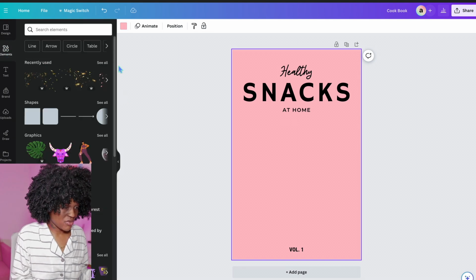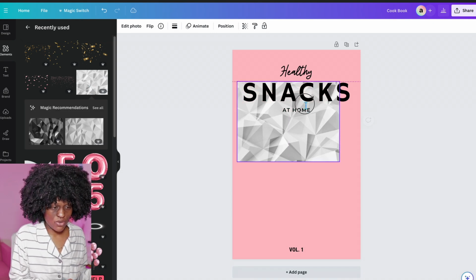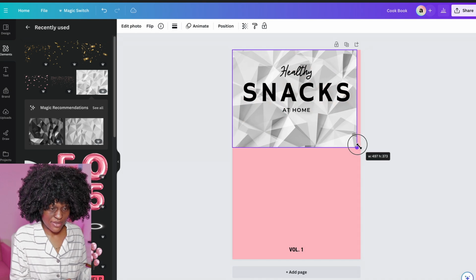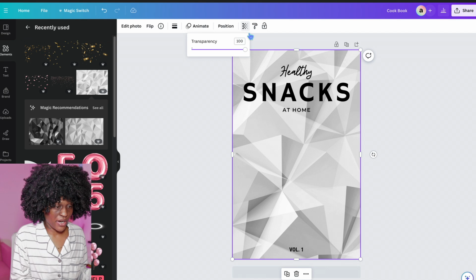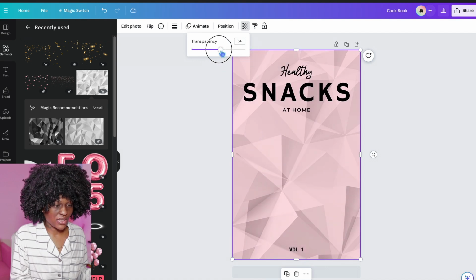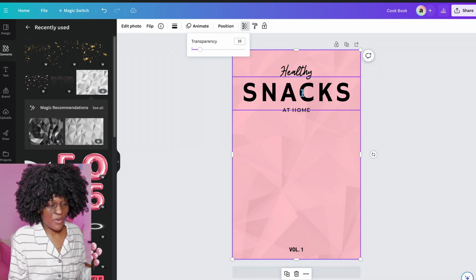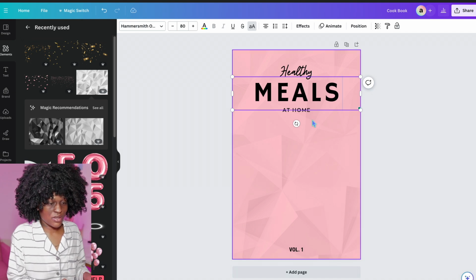So for that, I do have some things saved because I do create digital products and websites. So I would add this just to change the background. And then what I'll do is click the transparency. And then I'll turn it down just so it's still pink, but the design is still showing. And then I would say healthy meals